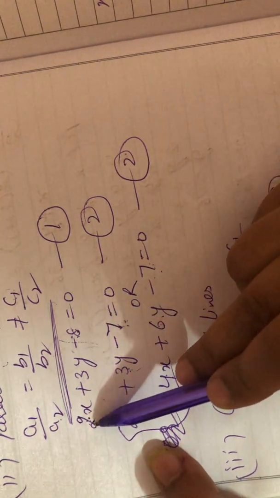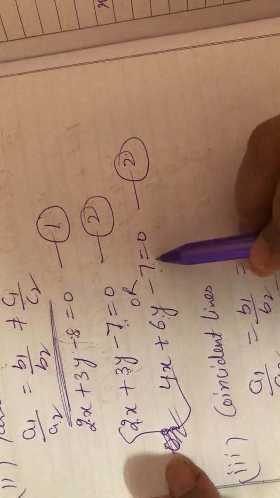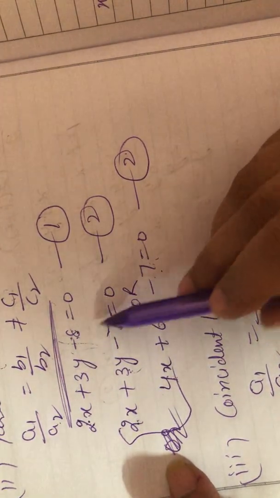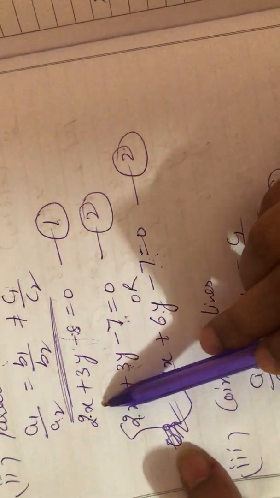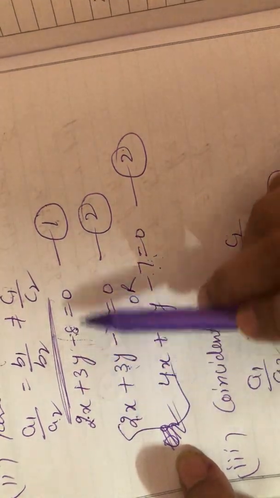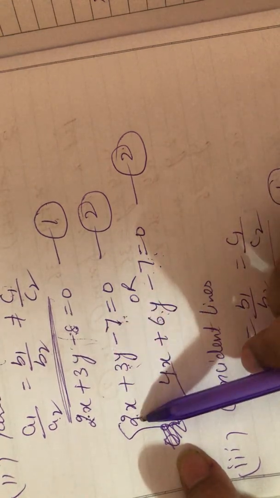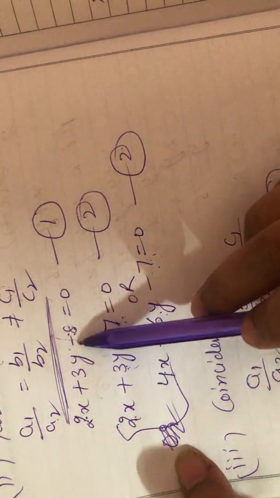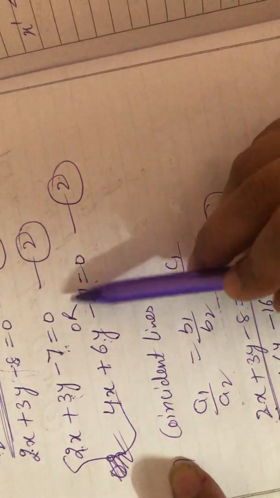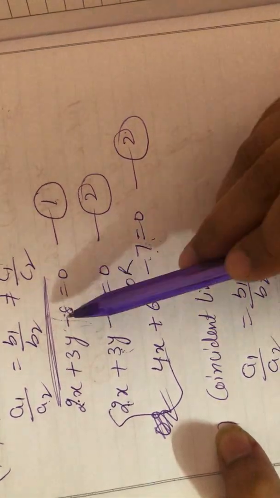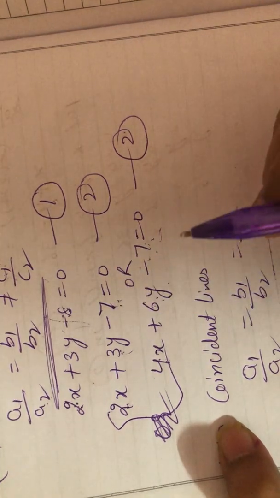So when you get the lowest form, you get 1 by 2 equal to 1 by 2 not equal to 8 by 7. So you will get this nature, right? So either you take the same coefficients as in the given equation, whatever the coefficients of x and y are, or you take a multiple of the coefficients of x and y from equation 1 to form equation 2, and c2 should be different. c1 should not be equal to c2. This is the required equation. So this and this both can be the required answers.